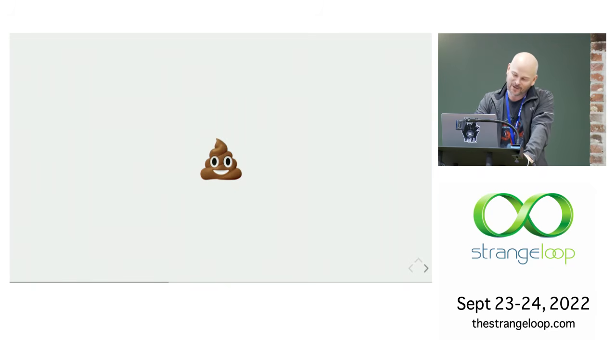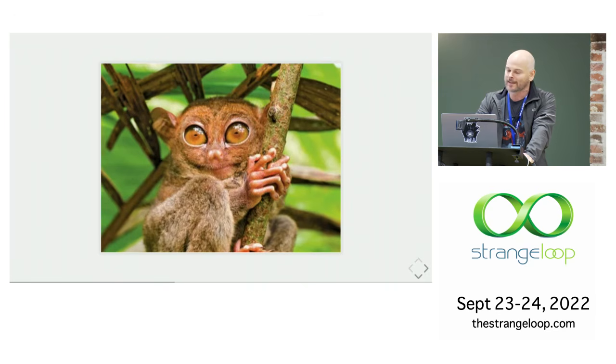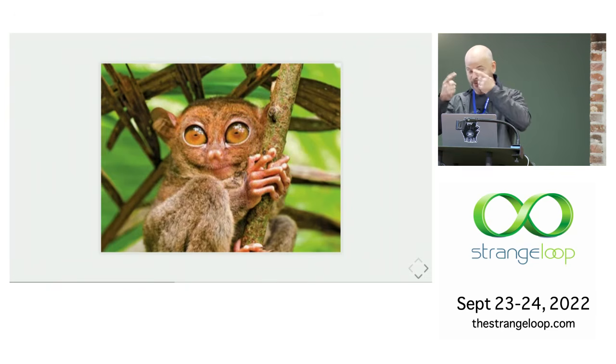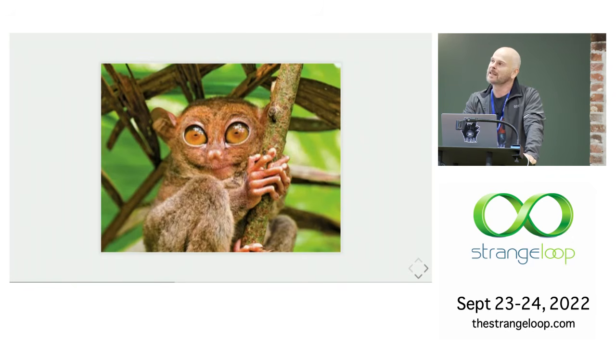The reason I disagree with this position is because the visual cortex exists, okay? So this guy, this adorable little fella, he branched off from our lineage about 60 million years ago. Note the little touchy fingers and the giant eyes, just like we have. We've had a long time with the visual cortex. It is very powerful. It is like a GPU-accelerated supercomputer of the brain, whereas the part that takes in the words is like a very serial, slow, single-threaded CPU.